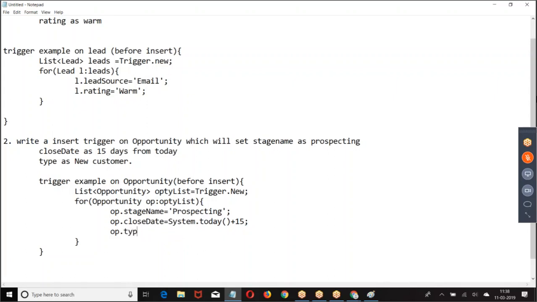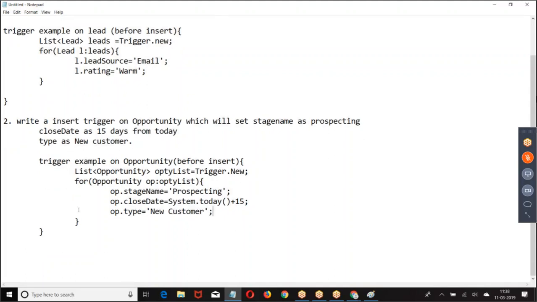New. I hope everyone has got this story. Right? Trigger name, trigger name on object, trigger name on object event before insert. Then we are taking one by one record which are in Trigger.new, trying to perform the operation.